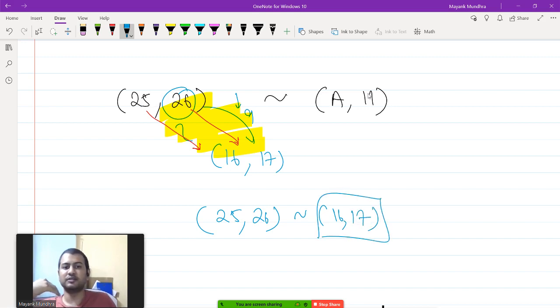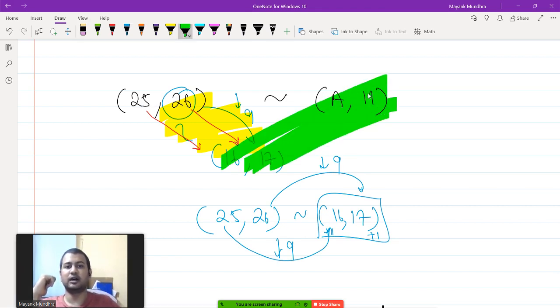Beyond 16, 17, every added banana needs to be compensated by an added apple. Okay, so that's how if you reduce the number of bananas by 9, you can reduce the number of apples by 9. Okay, but in this territory where the number of bananas is less than 17, bananas are now a